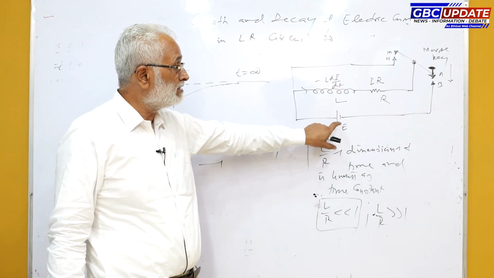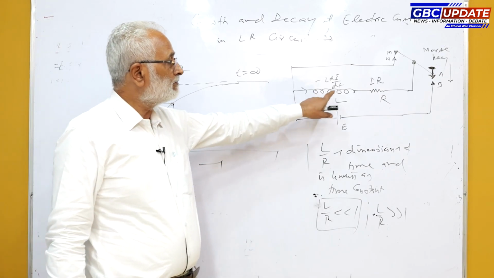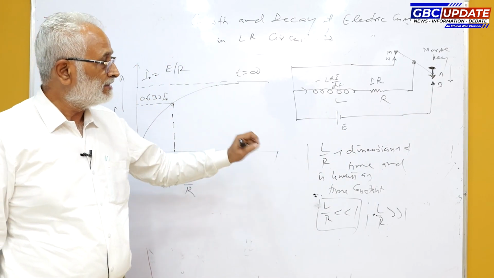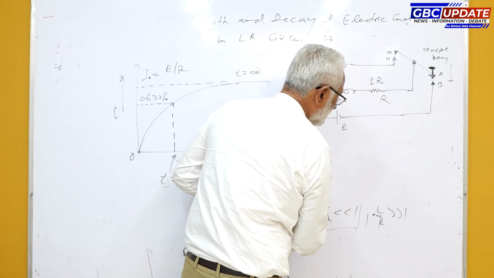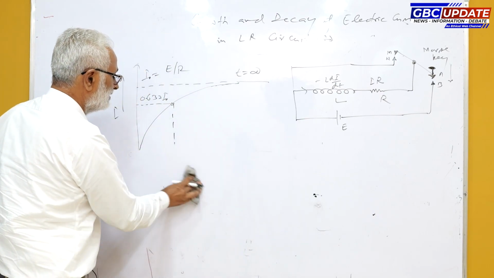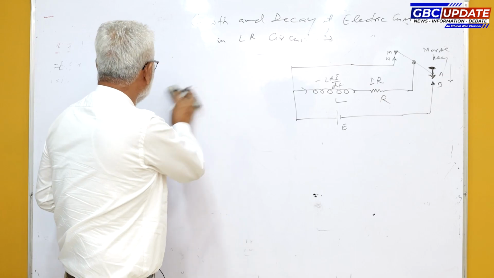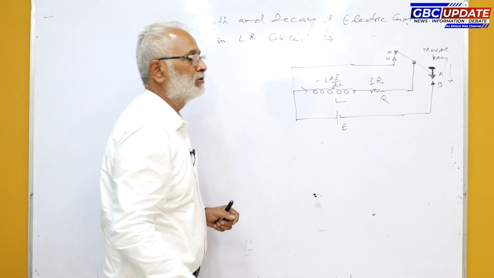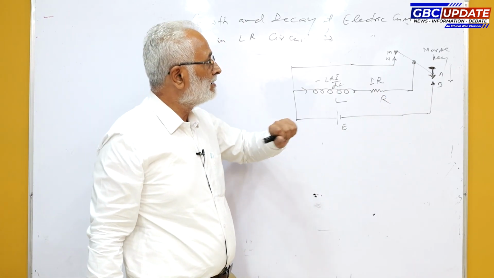If instead of this DC source, AC source is connected, then the behavior of this circuit is different than that of the DC circuit. In that case the impedance is given by square root of R square plus XL square, and the current becomes maximum almost instantly. Now in order to study the decay of electric current, we release